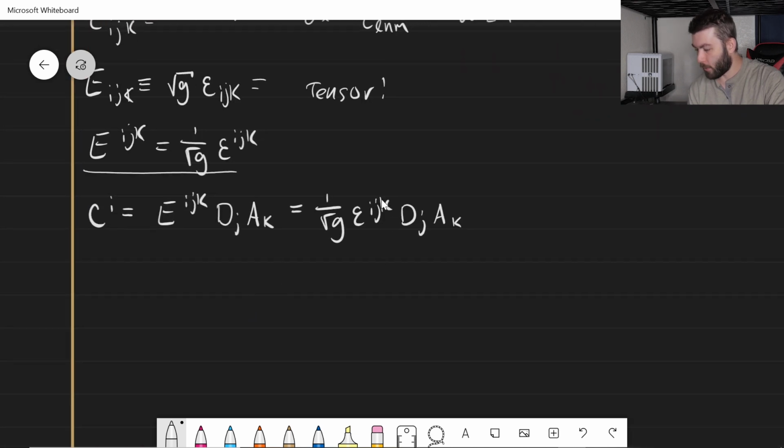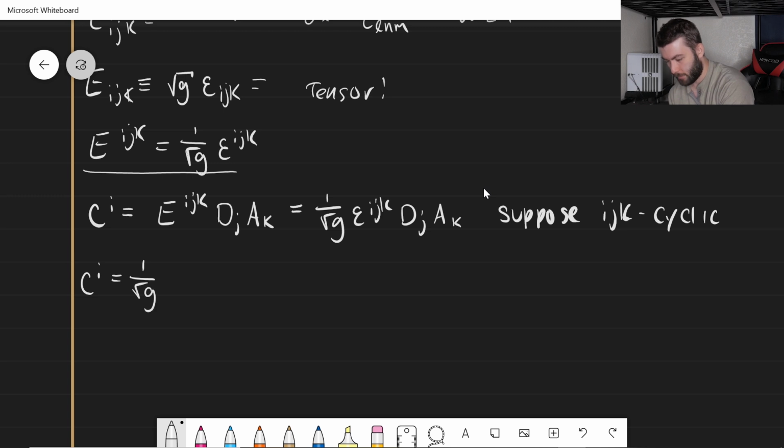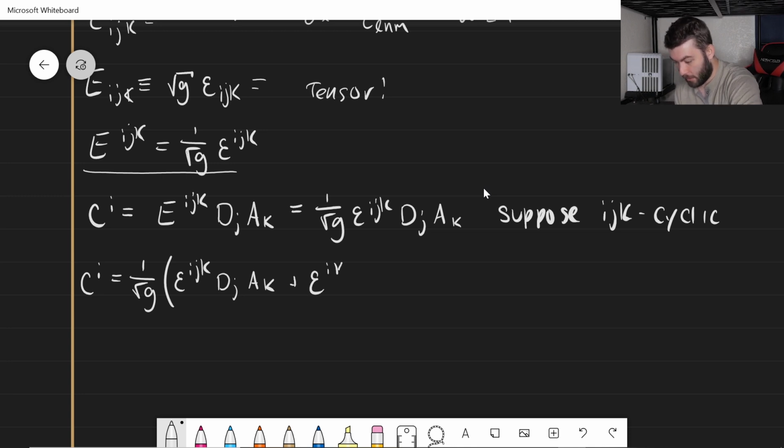So if we write this out, let's suppose ijk is cyclic. That's a cyclic permutation. If this is the case, and we're summing over j and k here, then we get that c superscript i is equal to 1 over root g, epsilon ijk dj ak plus epsilon ikj